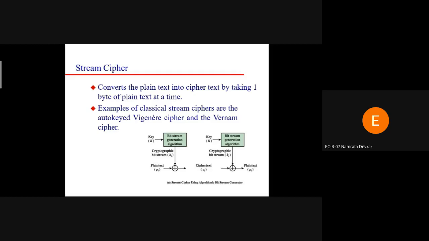Okay, so basically the stream cipher can use the concept of the Vigenere cipher and the Vernam cipher. In our unit number 1, we studied the concept of the Vigenere cipher and Vernam cipher, how the message can be encrypted and how the message can be decrypted. So we can take one example, the example of electronics engineering, and we can apply the key, and once the key is applied, we can encrypt the message, and if we decrypt the same message, then we can get the plain text.